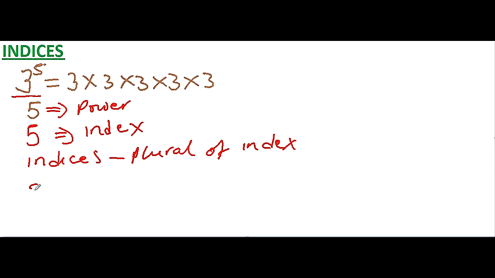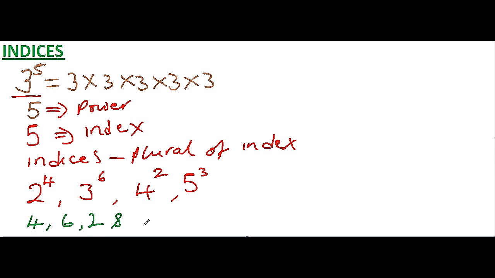Let's take an example. We may have 2 to power 4, 3 to power 6, 4 to power 2, and 5 to power 3. So here we have what we refer to as index. So we can say 4, 6, 2, and 3 are indices. The other numbers, we have 2, we have 3, we have 4, and 5. So 2, like 2 to power 4, this is index,